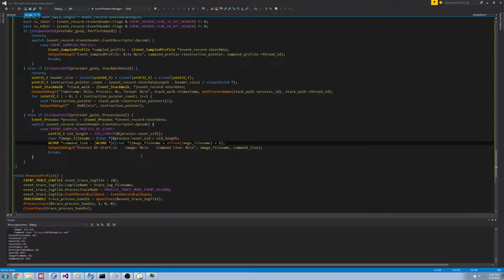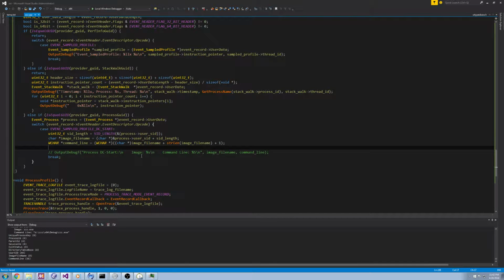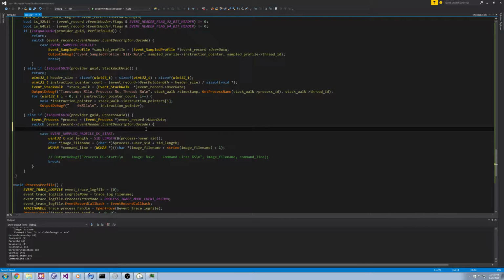Yeah, so this gives us enough to, let's pop the stack. The reason we were doing this was because we want to be able to figure out what image names correspond to which processes when we see different events for profiling. So DC start and I believe DC end as well, we'll probably bucket these together. We're basically going to have a